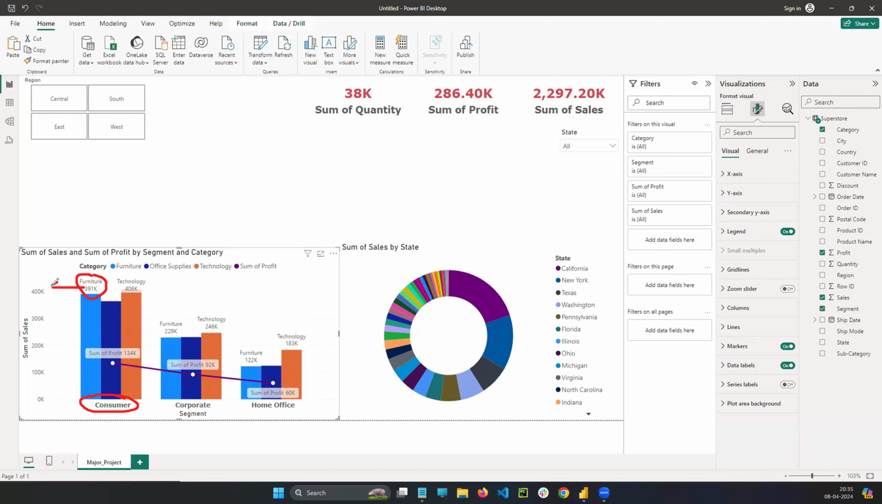Okay, see here, consumer total: how many furnitures the consumers are buying, how many home related office related things they are buying, how many technology related products they are buying. I mean, how many sales are going total out of these three, how much profits you are getting out of these three. Okay, in the segment